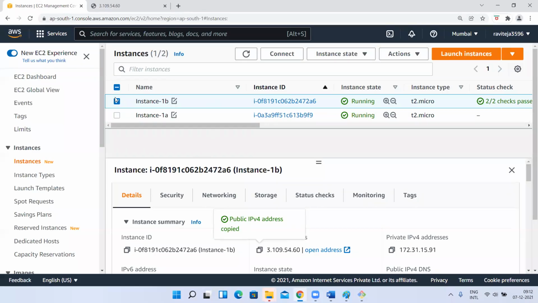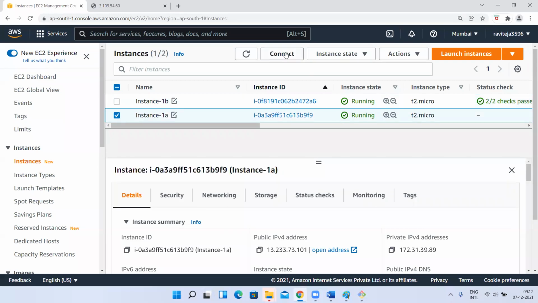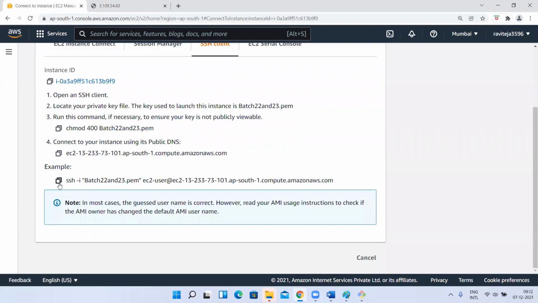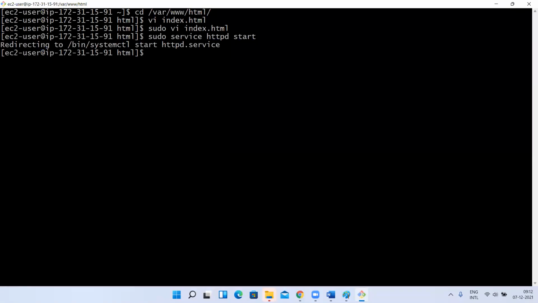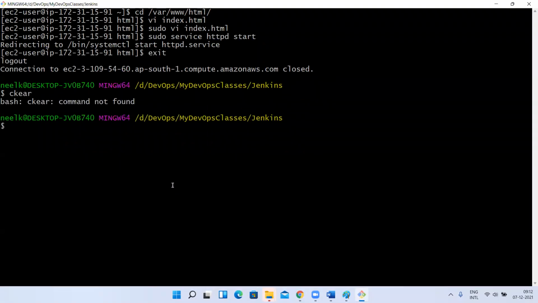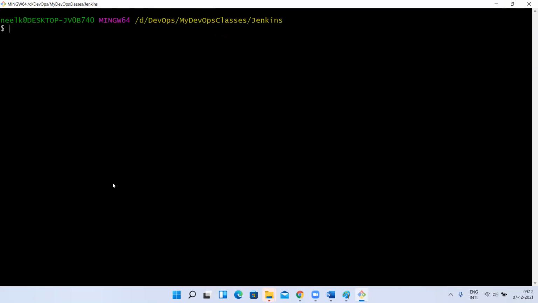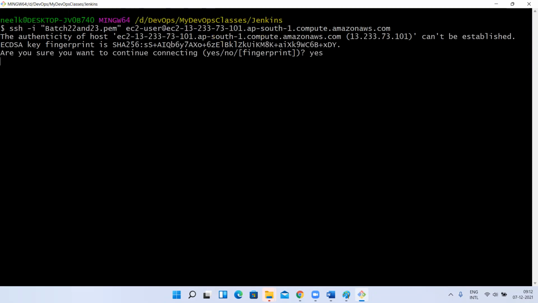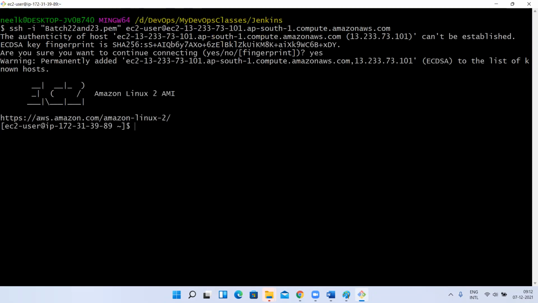Okay. Now I'll do the same thing on the other instance. I'll exit from here and connect to the second instance. This is 1A, right? So now here also sudo yum install httpd -y.